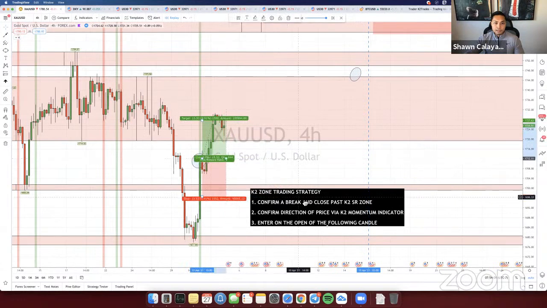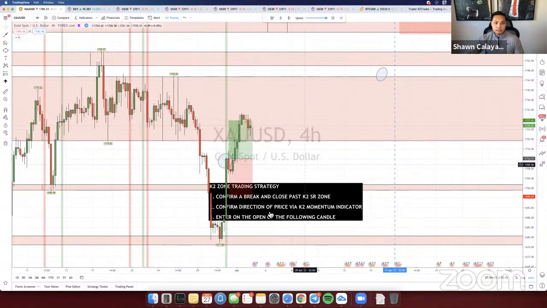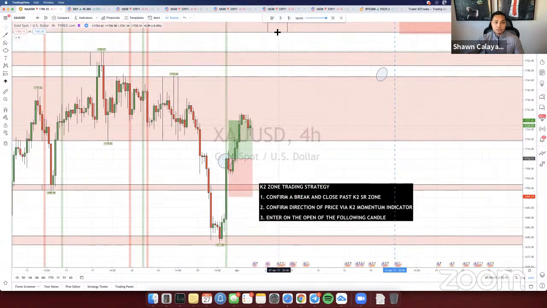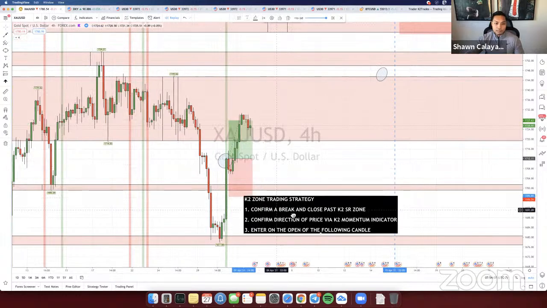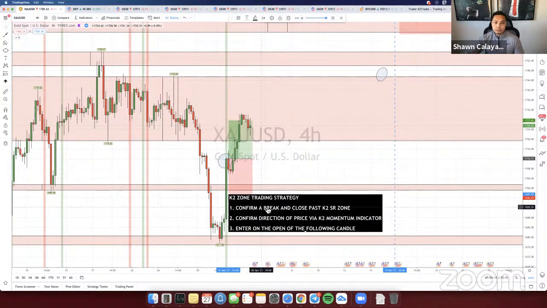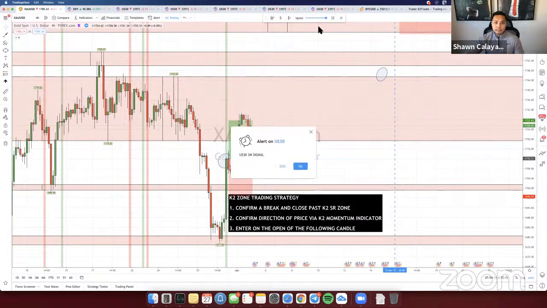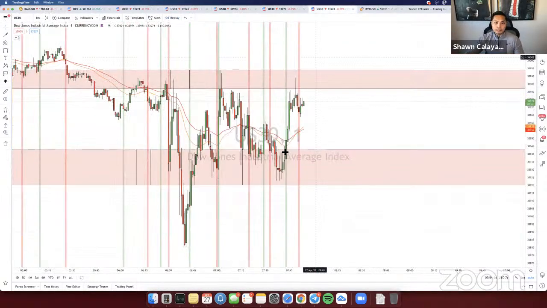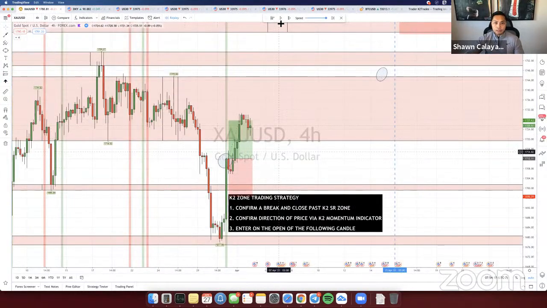And this is just one strategy. We have like 8 strategies that you can apply. It really depends on what you're trying to apply. If you're trading intraday, you can use this. This is the strategy used for all the signals. If you want to scalp, like how we were scalping over here for US 30, that's going to be a different strategy. I could go over that too if you want, but this is the main one that we use for gold since people try to go for the bigger moves.